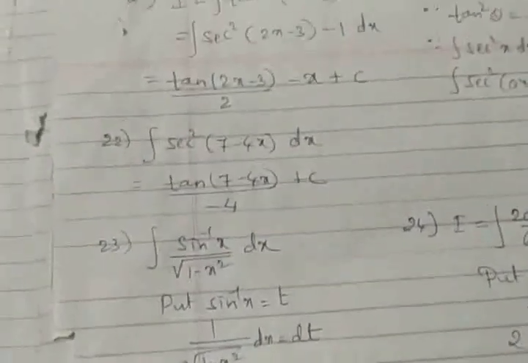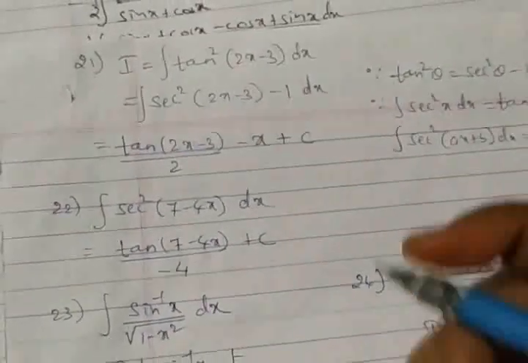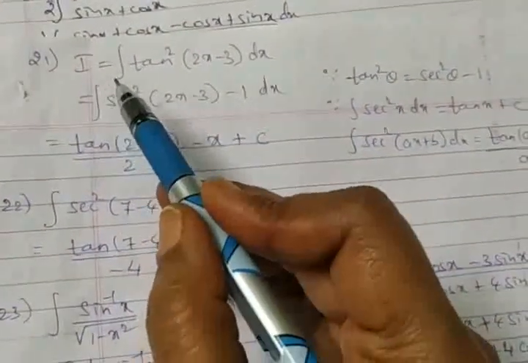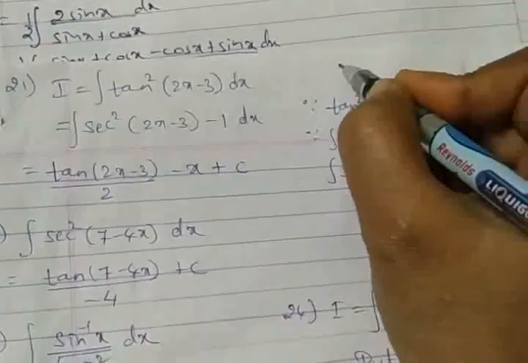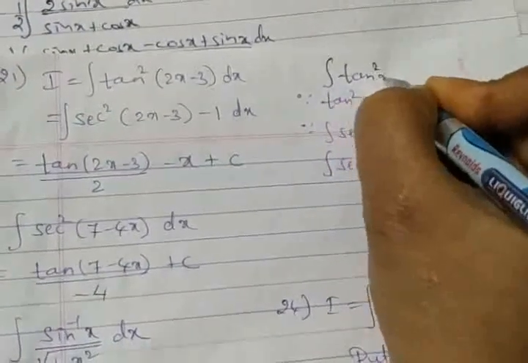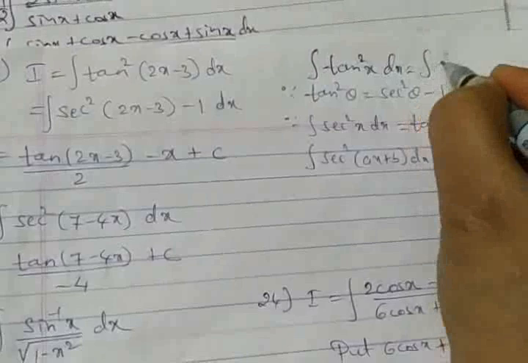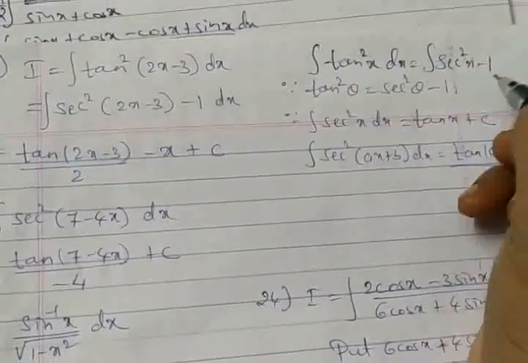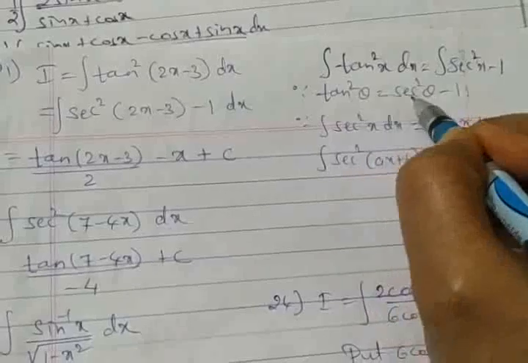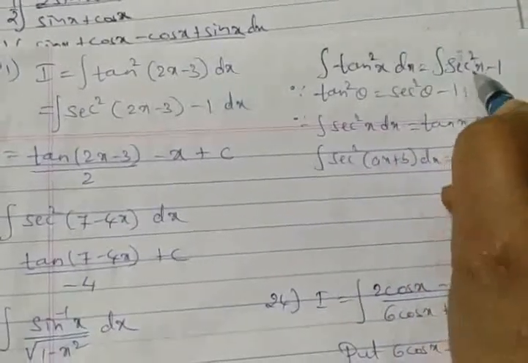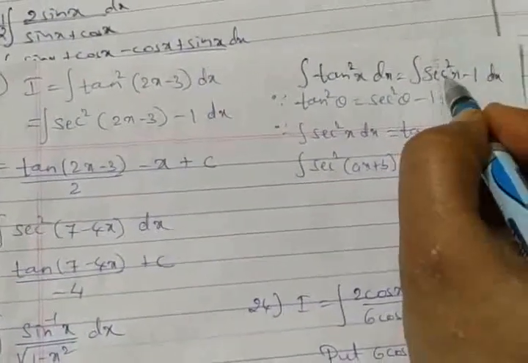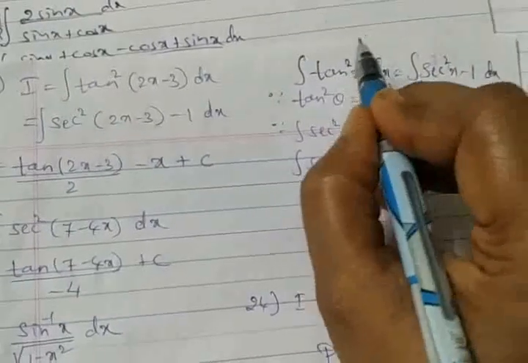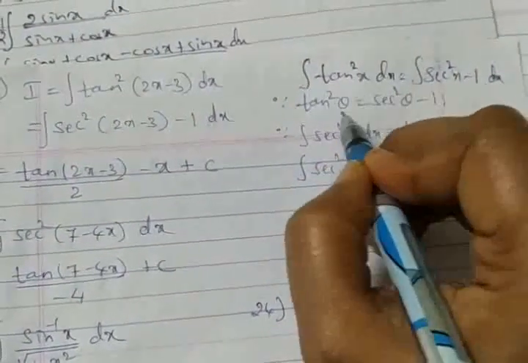This is the 20th question solution. Let's move on to the 21st question. Very well you can guess it. Integration of tan square theta or tan square x. See, integration of tan square x, I had already asked you to remember. Integration of tan square x is to be considered as secant square x minus 1, and tan square theta should be considered as secant square theta minus 1. Right now the variable we have is secant square x minus 1 with respect to x. I already asked you to remember that tan square can be integrated provided I make use of this relation.